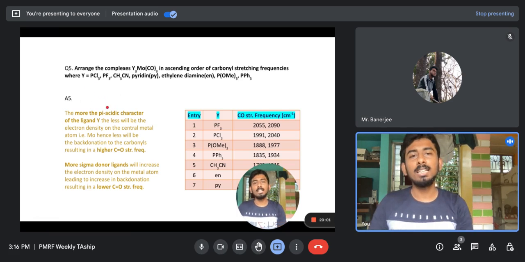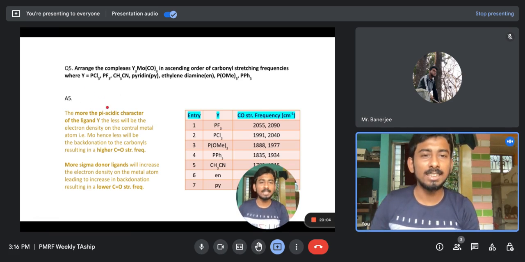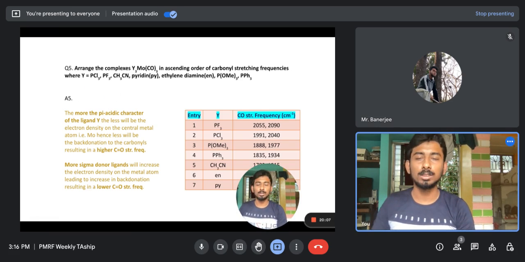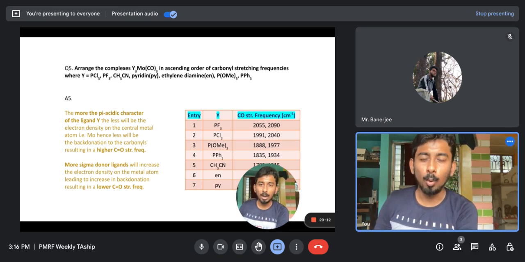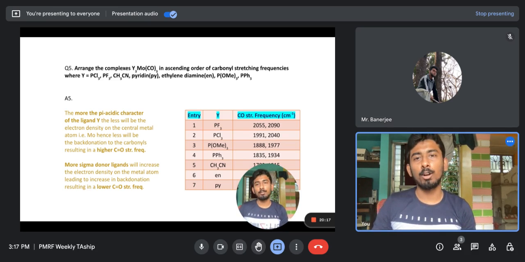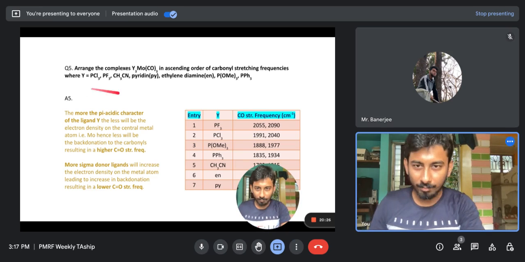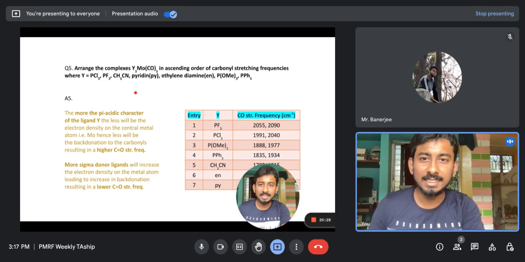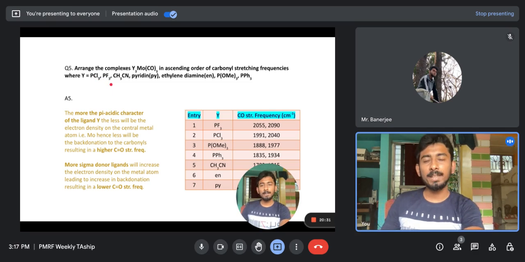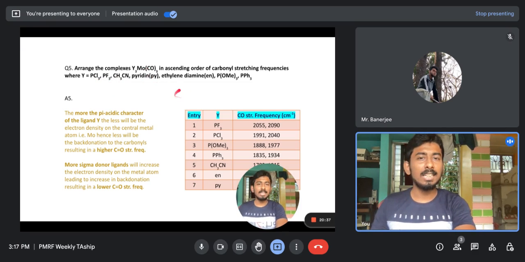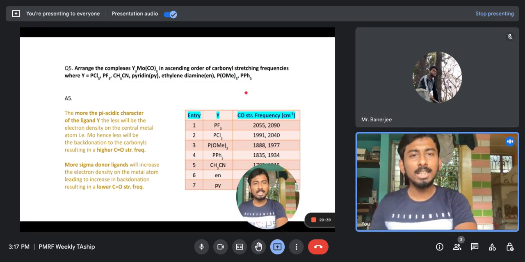So this one is regarding the CO stretching frequency order of the given molecules. The question is to arrange the complexes Y3Mo(CO)3, which is the general formula of the given complex, in ascending order of carbonyl stretching frequencies, where Y is PCl3, PF3, CH3CN. PCl3 is phosphorus trichloride, PF3 is phosphorus trifluoride, CH3CN is acetonitrile, pyridine, ethylenediamine (en), P(OMe)3, or